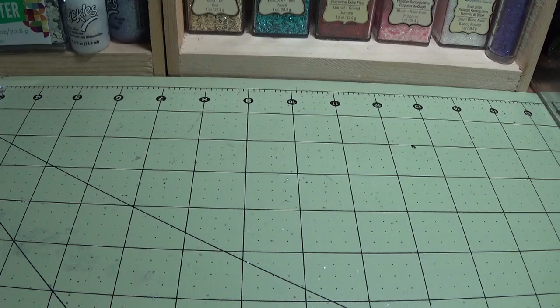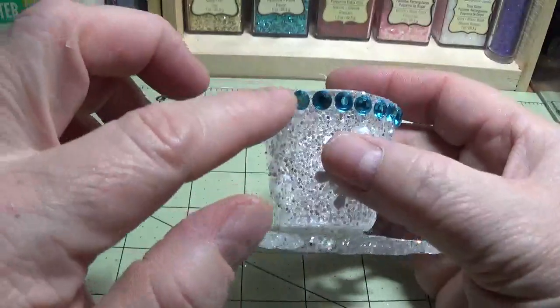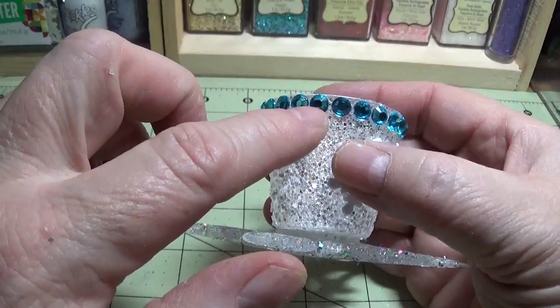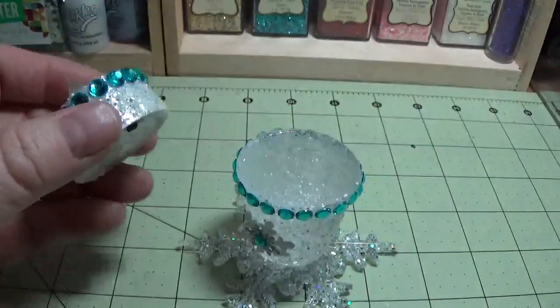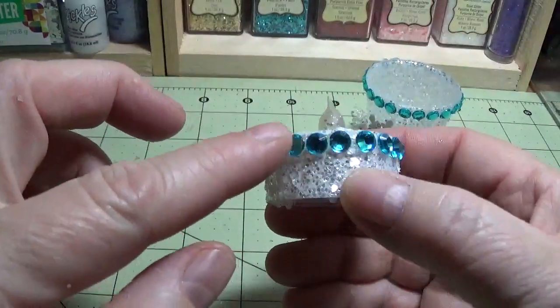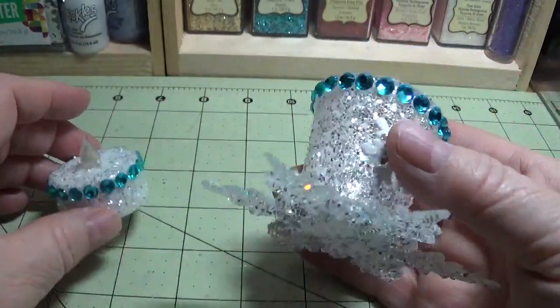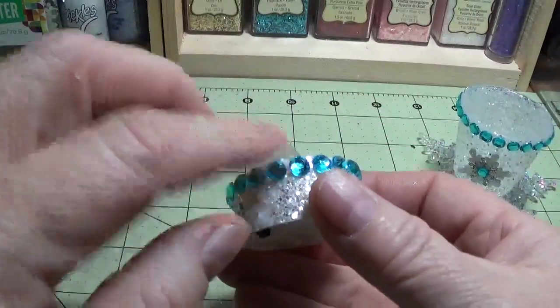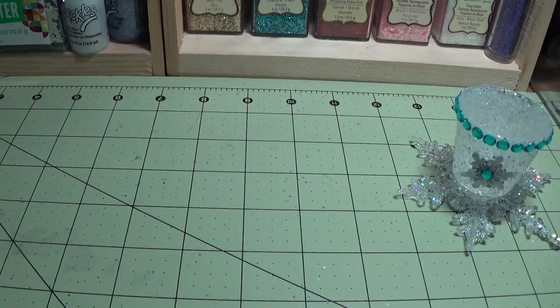Okay, so now what I'm going to do is I'm going to take this and show you what I did next. Next thing I did was I put Dollar Tree bling all around the edges here, and then I did the same thing at the top here, right here. So I think I'm going to go ahead and, yeah, I'm going to use this one. I'll show you how I did it with a glue gun. And because you do it the same way with a cup as you do with a candle,